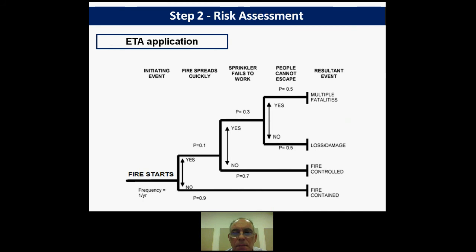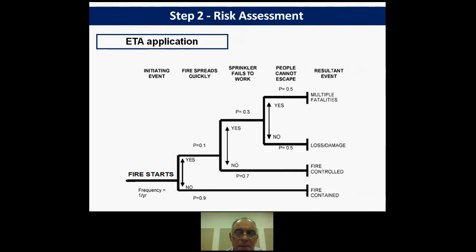It looks like something like that. We have some initiating event, as in the case before where I talked in terms of explosion and fire. Here we can see the start of a fire, we have spreading fire, sprinkler failure, people cannot escape, and you see what the outcomes could be, various scenarios with regard to